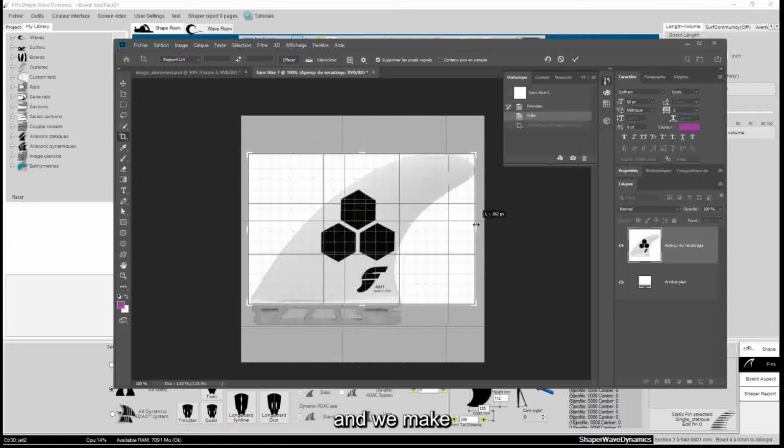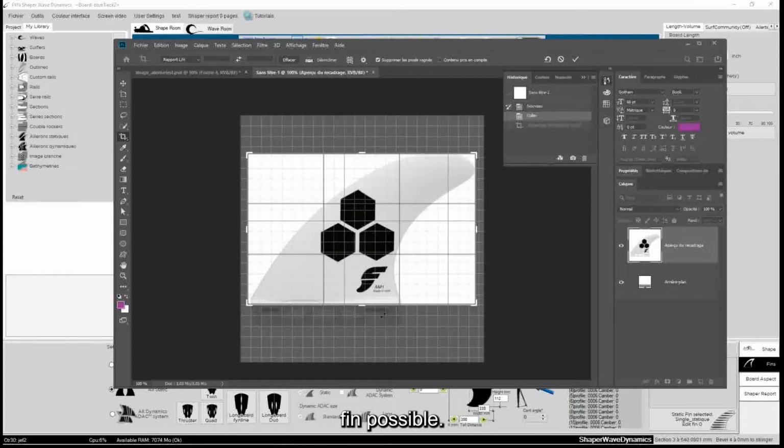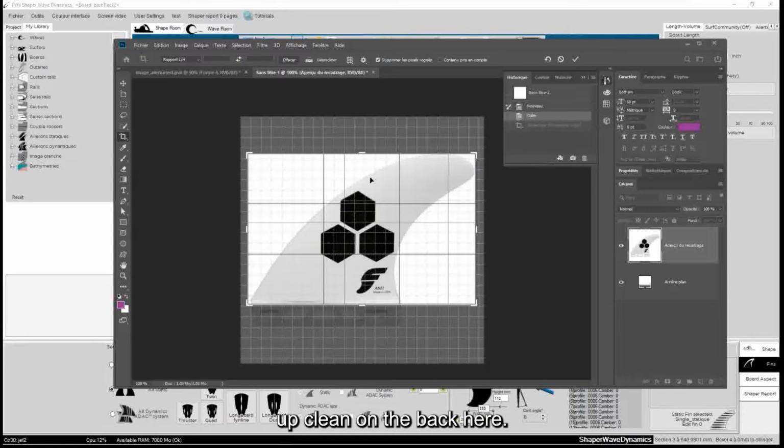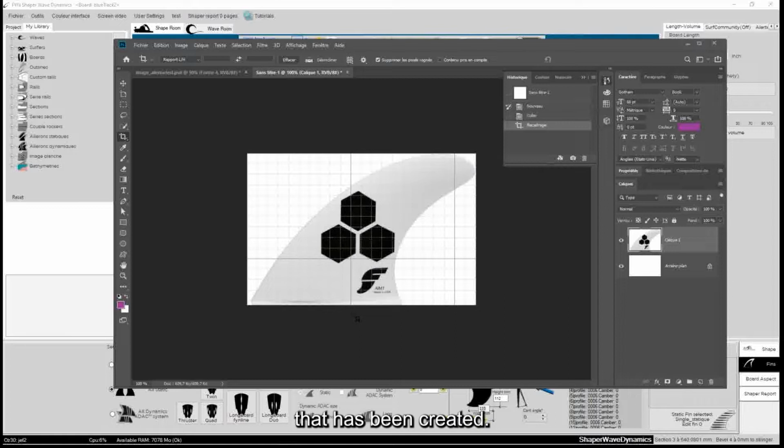And we make a rectangle that takes the most precise fin possible. That's best. So we're coming up clean on the back here. There you go, we have our fin design that has been created.